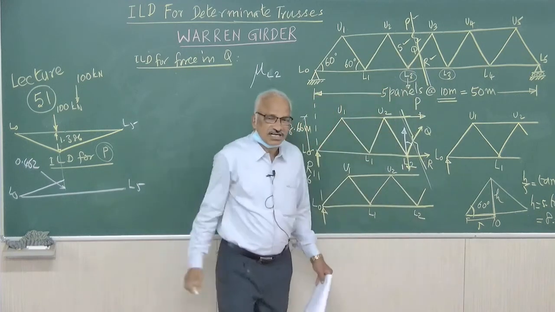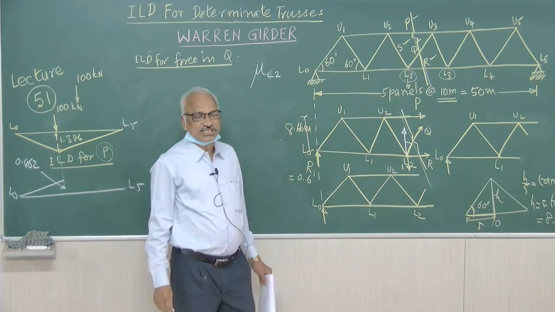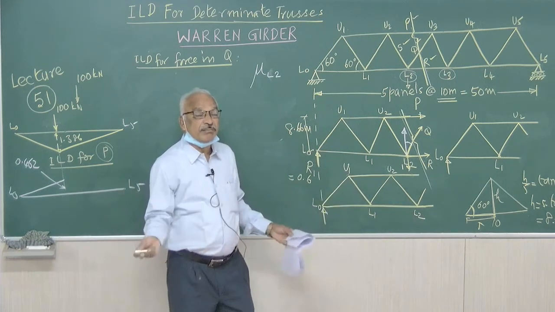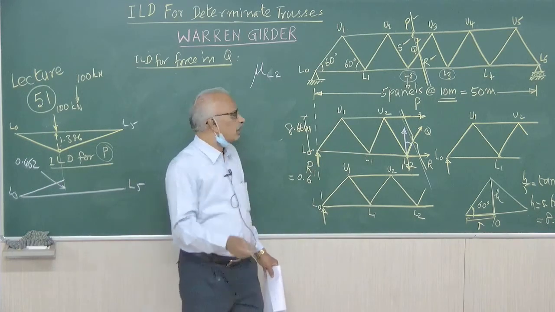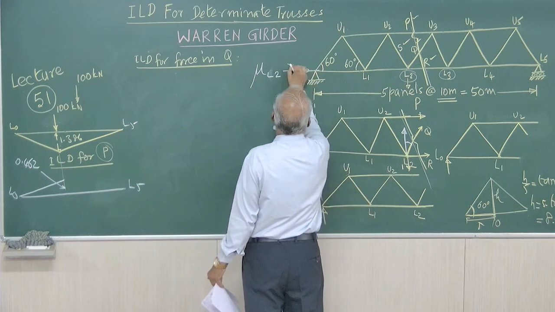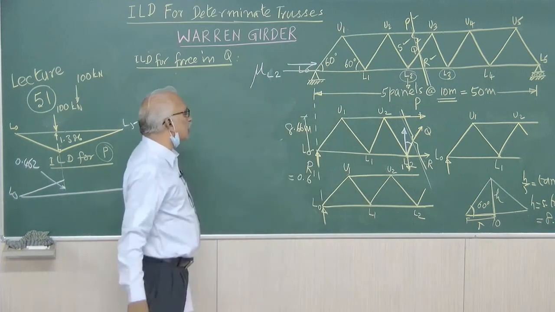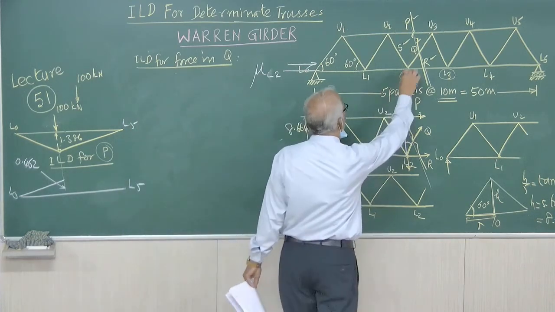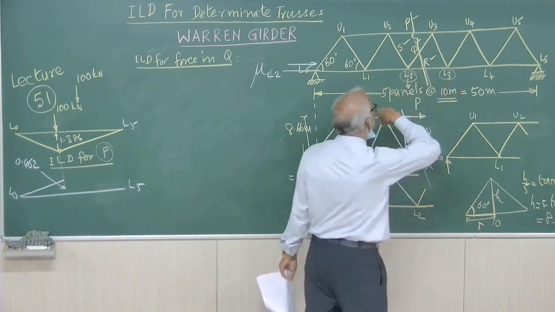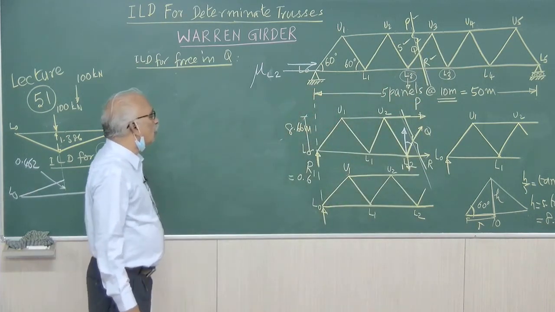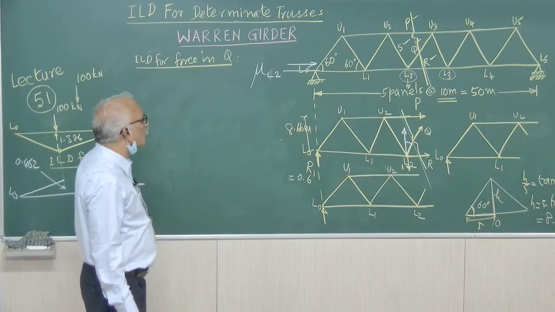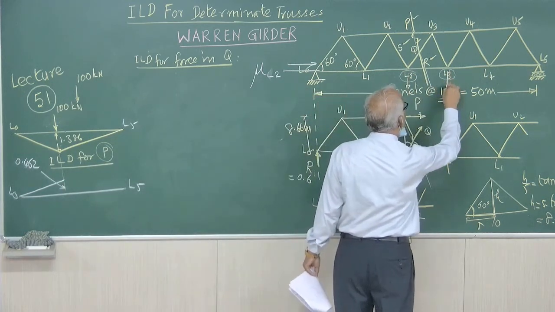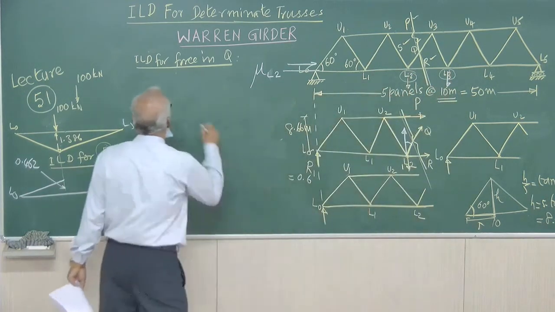Already we have discussed in the earlier class that in the case of through trusses, when you travel through the trusses, on either side you will be able to see the web members. It is a through truss. So, the load will move along the bottom chord. This is the chord along which the load will move, the bottom chord. So, the bottom chord is a loaded chord. So, one loaded joint is L2 for this member, the other is L3. Between L2 and L3, what happens to the force of the member Q? Right. Now, we will apply the unit load at L3.